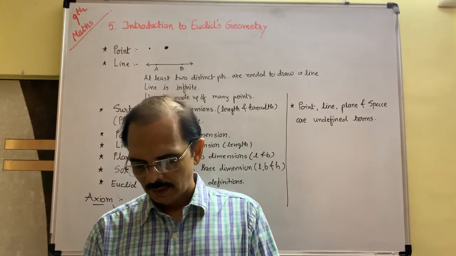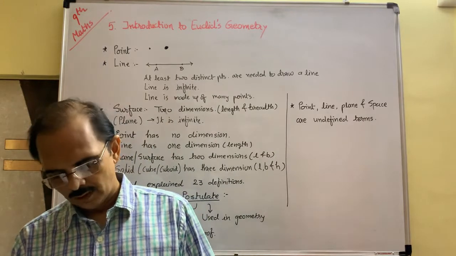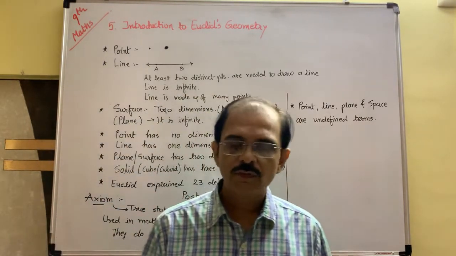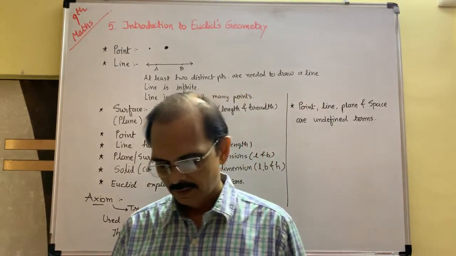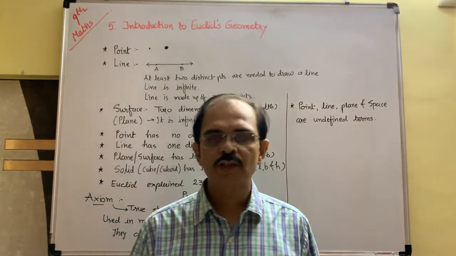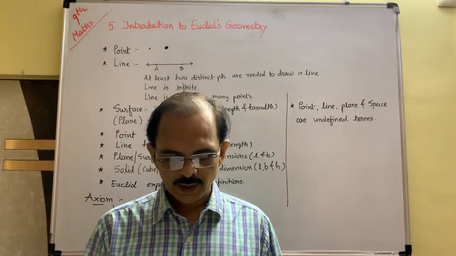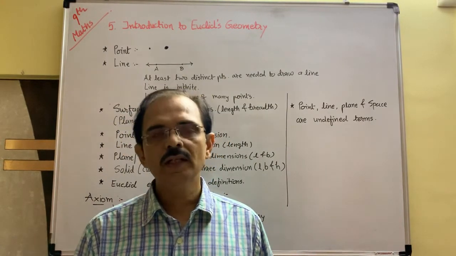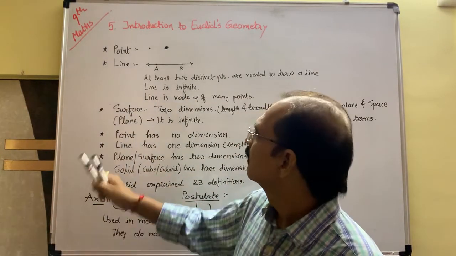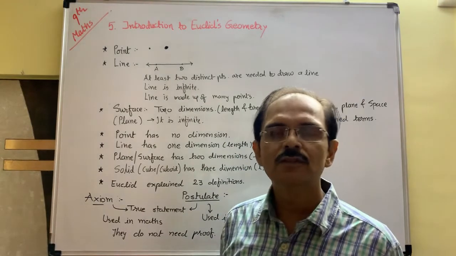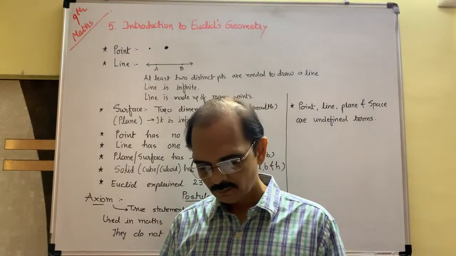Right? Now after that, the new topic is about postulates. Euclid has 5 postulates. The first postulate is given in your textbook on page number 82. A straight line may be drawn from any one point to any other point. I told you here that from one point to the other point you can draw a line. This is postulate 1.